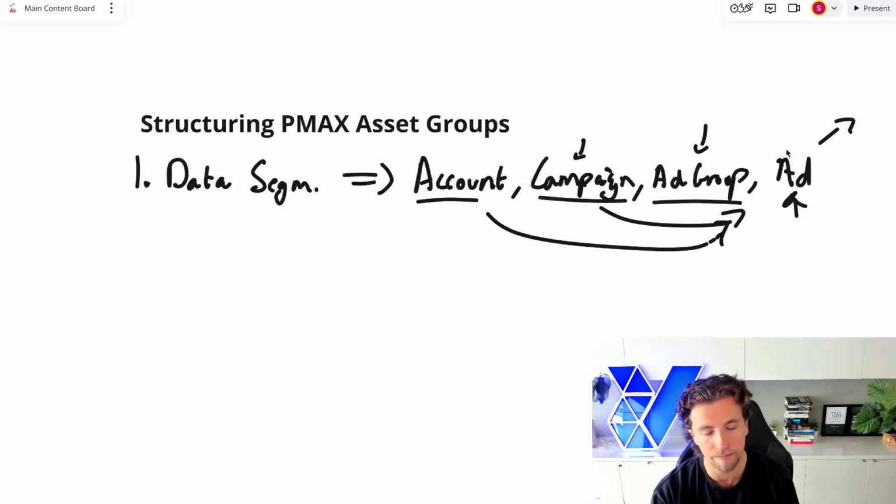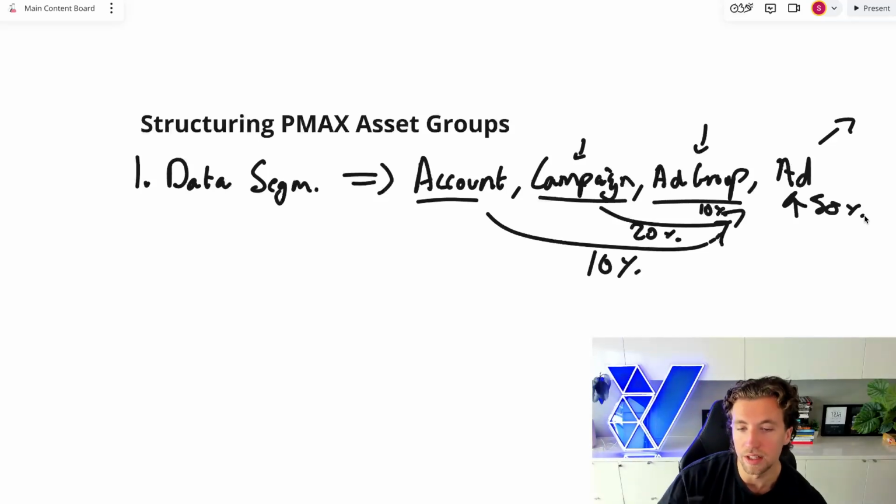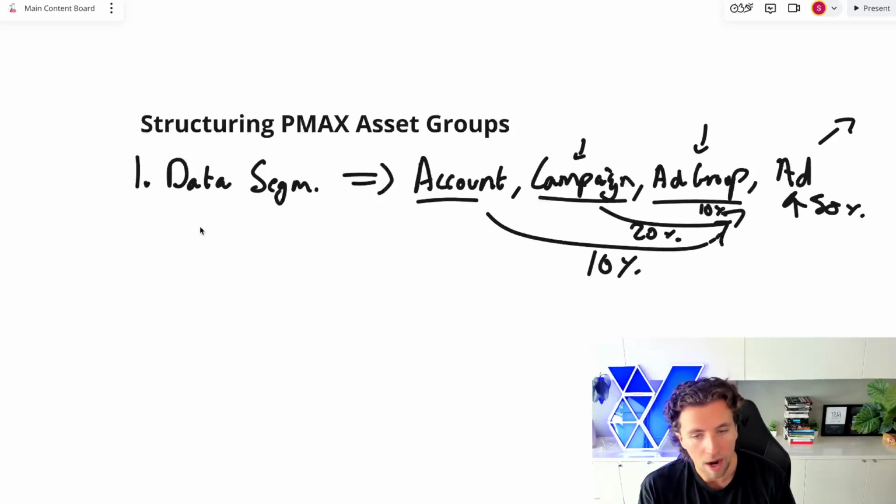Exactly what those percentages are, no one knows. I believe it would change account to account and dependent on the individual data set. But we could make some broad assumptions just to push the point home that maybe the account has 10% to do with the bid at the user level, maybe the campaign data has 20%, maybe the ad group has 10%, and then the ad has 50% of the data used within the decision-making framework for the bid on placement. And this is a bid on Meta, this is a bid on Google, doesn't matter, it applies to all of these. Why I've gone down that 3-minute rant to explain this concept is because if you segment out asset groups,